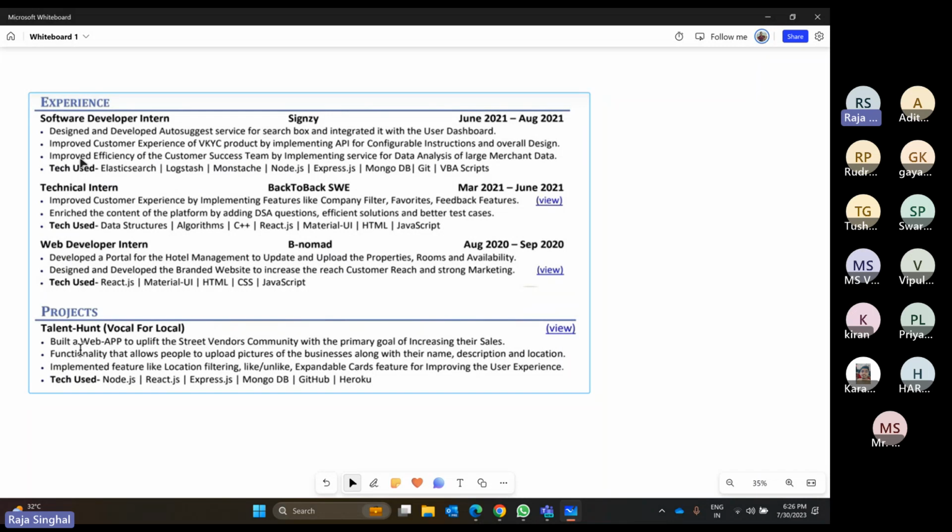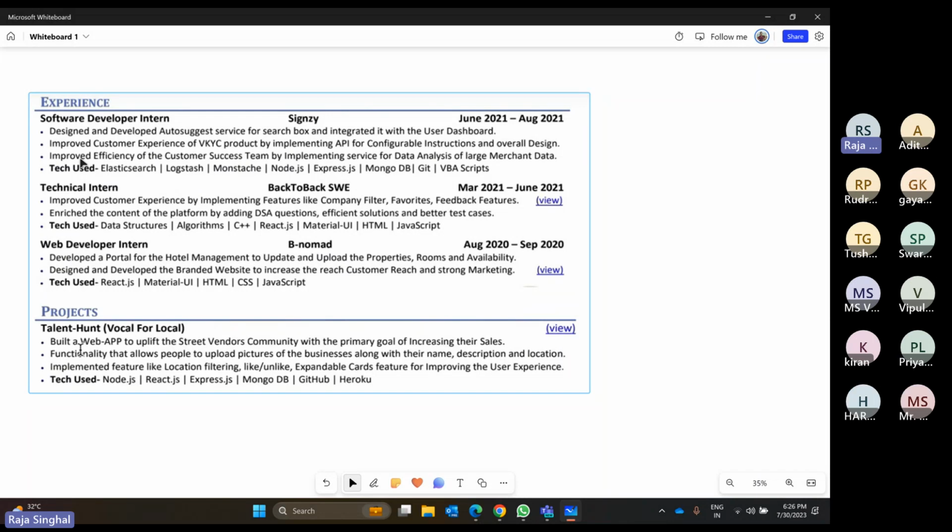In the description, you can add at most 3 or 4 points, so don't exceed that. Of the 4 points, your last point should be the tech used. In that, you can mention all the technologies you used to build that project or used in that internship. For example, here he clearly mentioned the technologies he used for that internship.